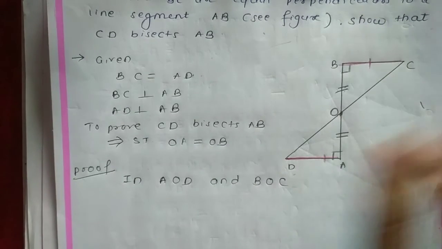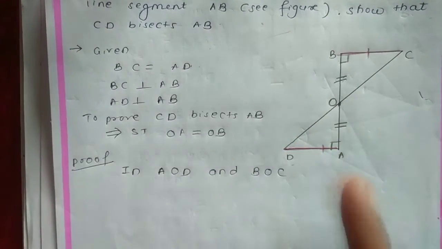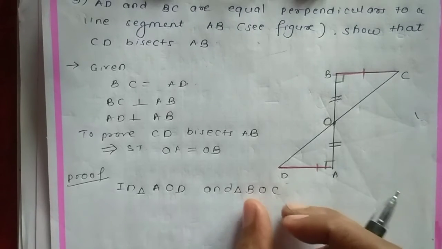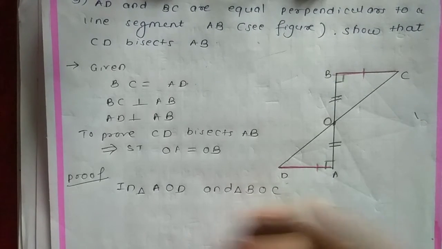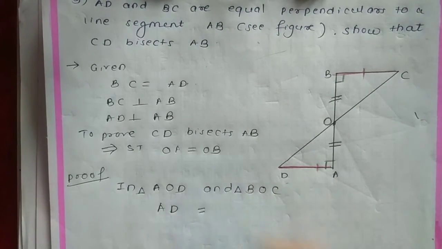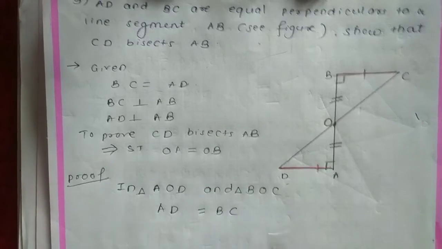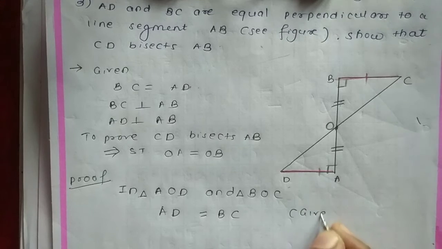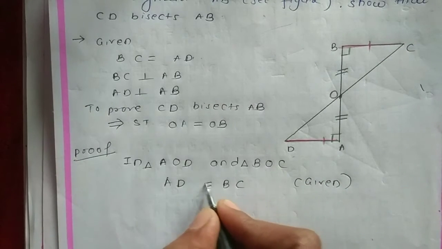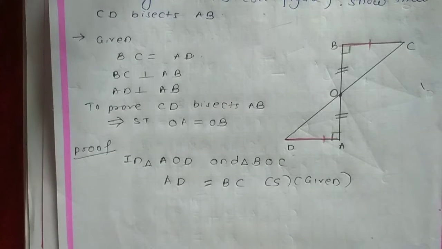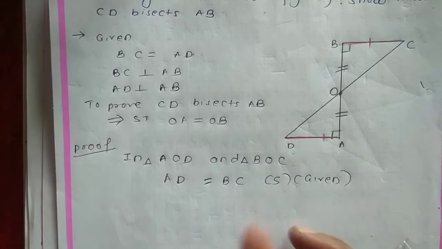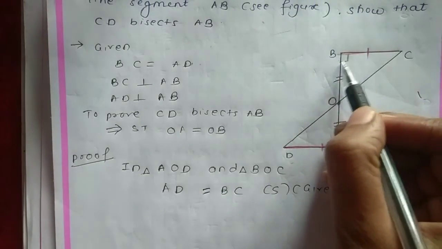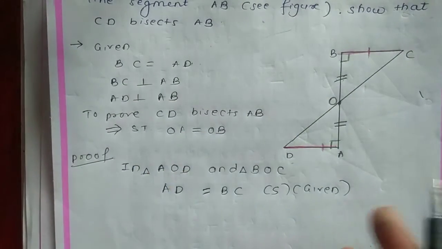Now see here, let us take AD. AD is a part of triangle AOD and BC is a part of triangle BOC. So AD equals BC, isn't it? It is given, AD equals BC. And go on writing the corresponding parts you have got. This is a side. If you write these corresponding parts now, you will come to the conclusion very easily. Next, we know that it is perpendicular. From the given things only you will get the hints.